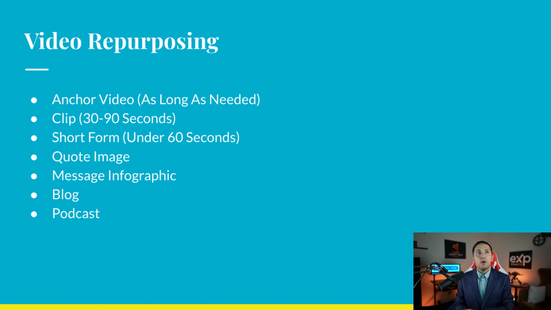Once you have that video already created, that's your anchor video, you're going to clip a section of that video. That could be at the beginning, in the middle, towards the end, at the very end. You're going to clip a 30 to 90 second video because that's going to be your little commercial. It's going to be a promo, so you can now post this on Facebook, you can post this on Instagram. You can post this on your social media platforms like LinkedIn, Instagram, Facebook, which is going to draw attention back